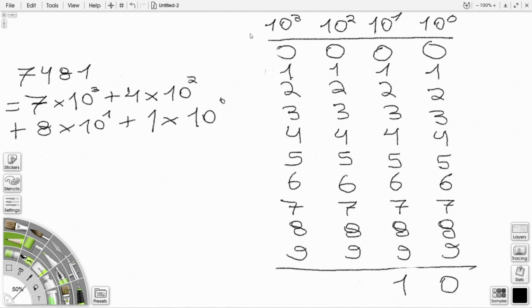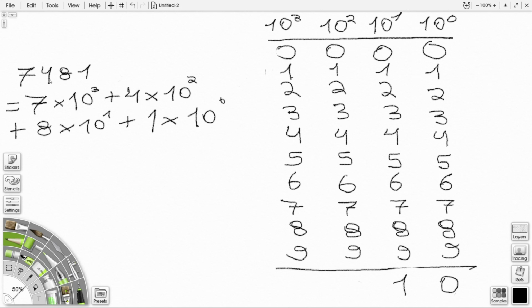All right? So let's say that I want to represent 7,481. How do I do that, right? What is the amount of tens? Because we have four houses here. Do you agree? So the fourth house is 10 to the cube, 10 to the power of 3. So what is the amount of tens to the power of 3 that we have? 7. We have 7 tens to the power of 3, so 7 times 10 to the power of 3 plus